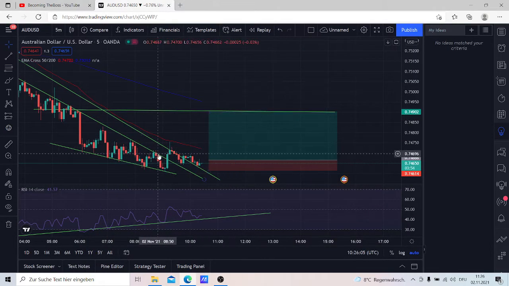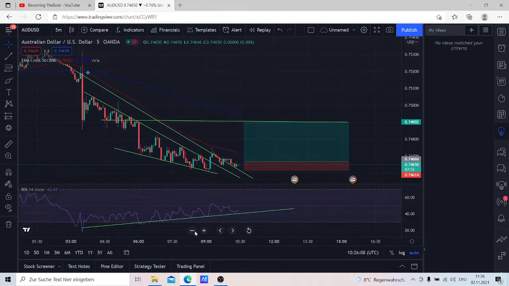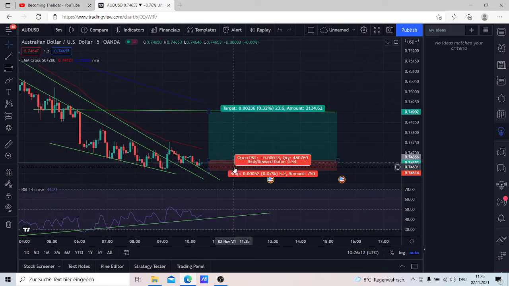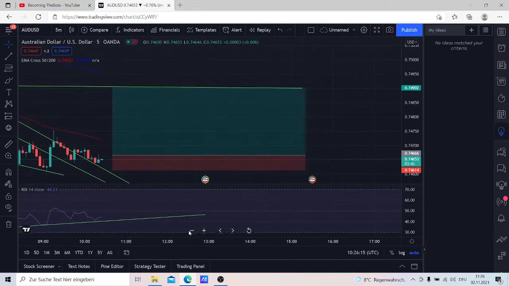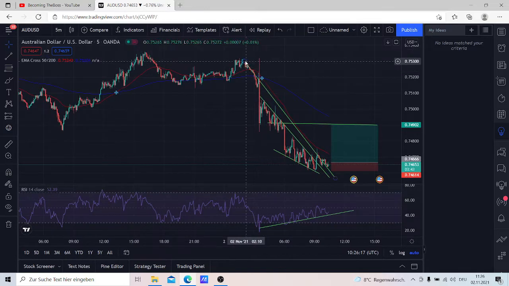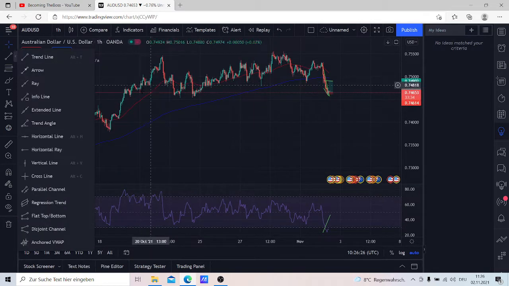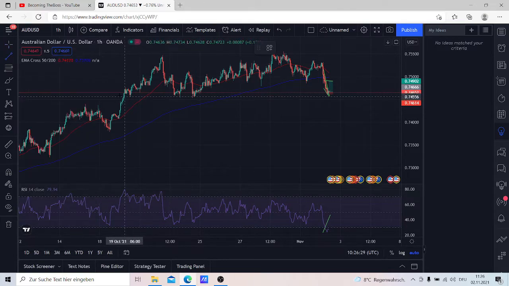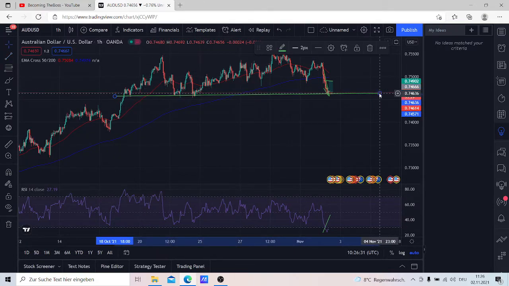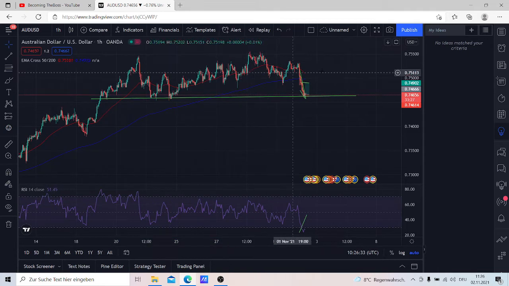So what's going on? Now I'm looking at the Australian US dollar. On the 5 minute chart, we saw a downtrend and it fell pretty low, if you go to the 1 hour chart, here to this kind of support area. So on the bigger time frame, we might see a complete turnaround and a